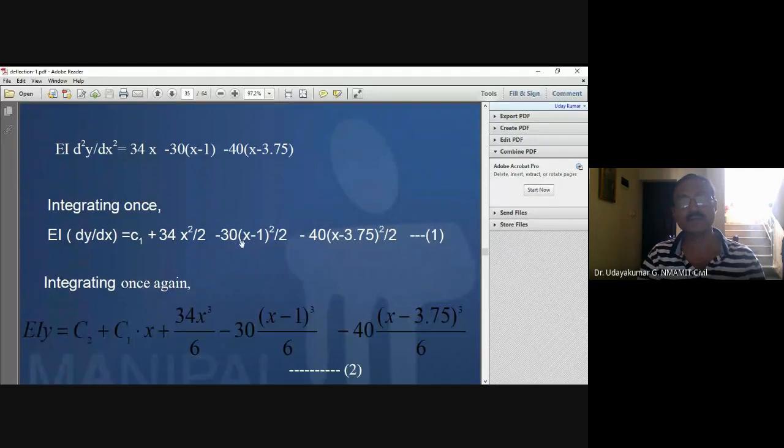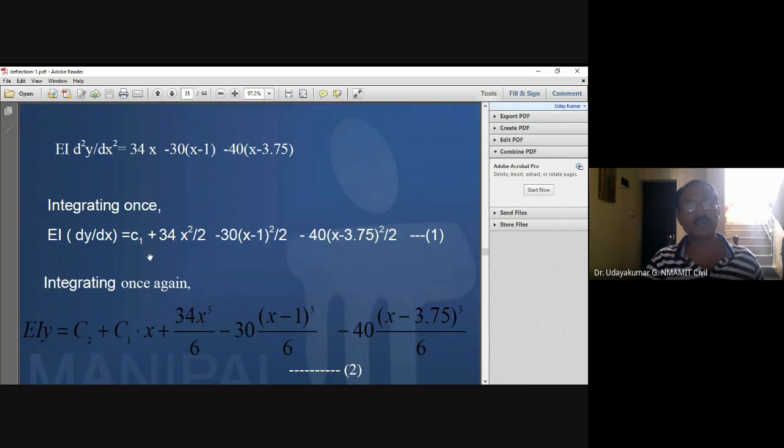Because after substituting, for example, x equal to 1 or 0, you get a negative term. This should not be considered. Suppose x equal to 1, this becomes negative, so you should not consider these two terms. If you have written C1 and C2 at the end, there is a possibility that you will miss the values of C1 and C2. To avoid that, C1 and C2 are written in the beginning of the integration term. After integration, you have to write C1 and C2 in the beginning itself.